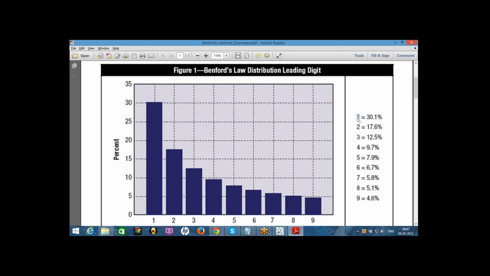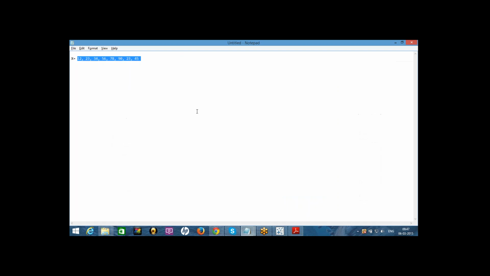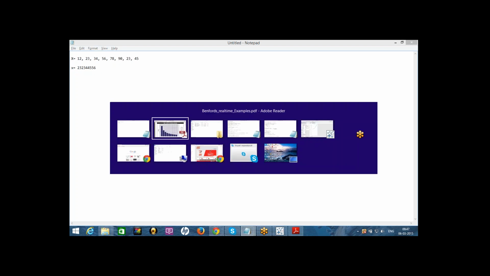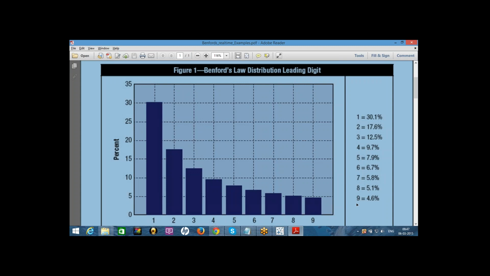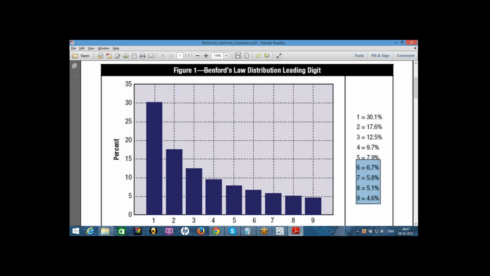So he defined, in the given data set, what we call leftmost digits. For example, I can have a big value in the given data set, a very big value also, but I always look at the leftmost digit. Leftmost digits will be 1 to 9 at the maximum. Benford did an experiment finding out how many times each leftmost digit of the given data set occurred. So he found the percentages of each and every value that occurred in the given set.